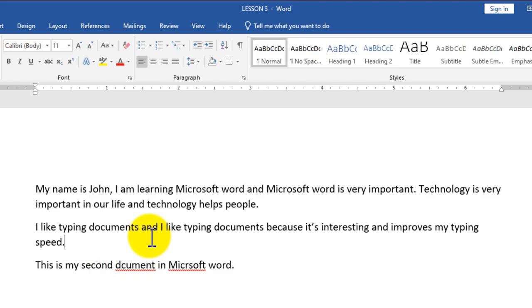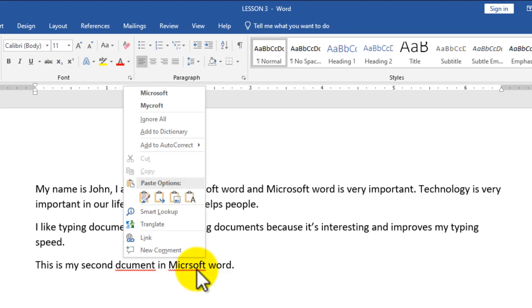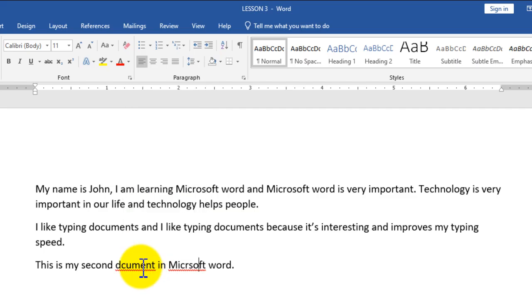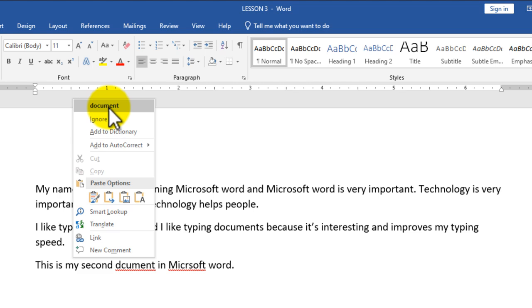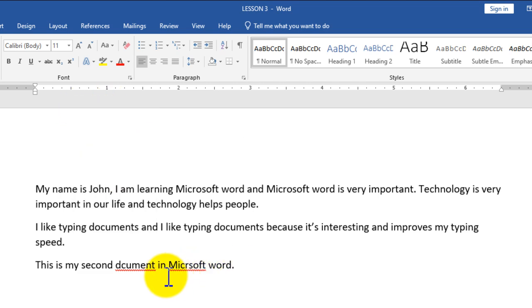I'll put there a typing error. I can come and correct it by left clicking, then right clicking, and carefully choosing from the suggestions. Yes, even this one, you can carefully choose from the suggestions. But when you find that maybe your error is not about these edits here, maybe for instance you have